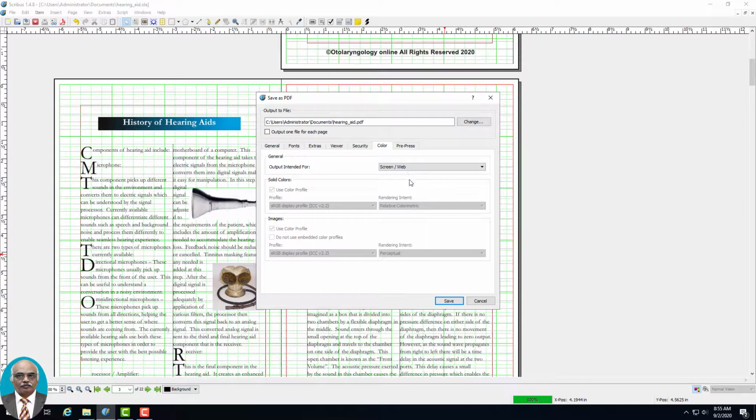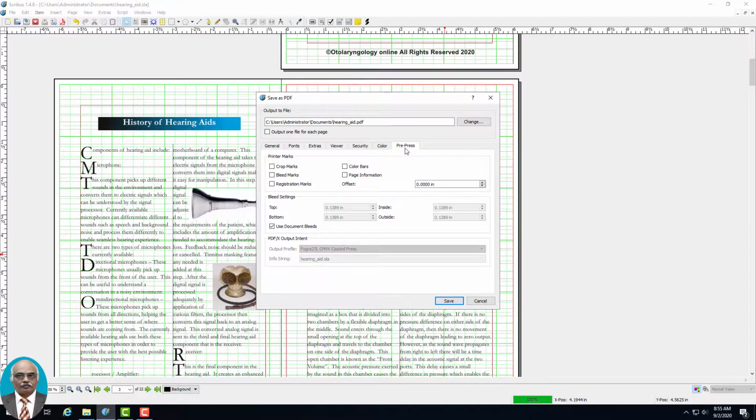Now we are particular that we need to send this document out as a web-based document. So let us choose screen or web. And then prepress is where you decide what marks need to be seen on the print. You can say crop marks should be shown, bleed marks should be shown, color bar should be shown, page information should be shown, registration marks, all these things will be shown inside the document. These marks are actually meant for the guidance of the printer, so we will save this and